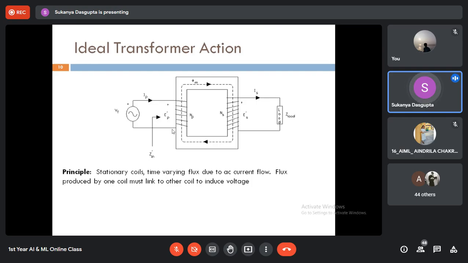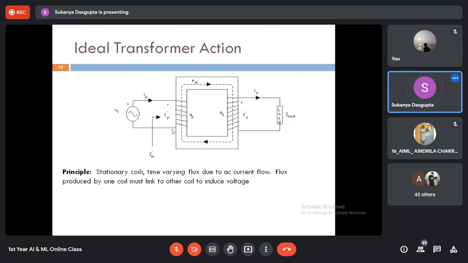And depending upon this E dash P, the mutual flux phi m linked with the secondary coil, the secondary EMF E dash S will also be developed, which is proportional to NS d phi dt. So this phi is common for the generation of both induced EMFs at the primary and secondary side respectively,